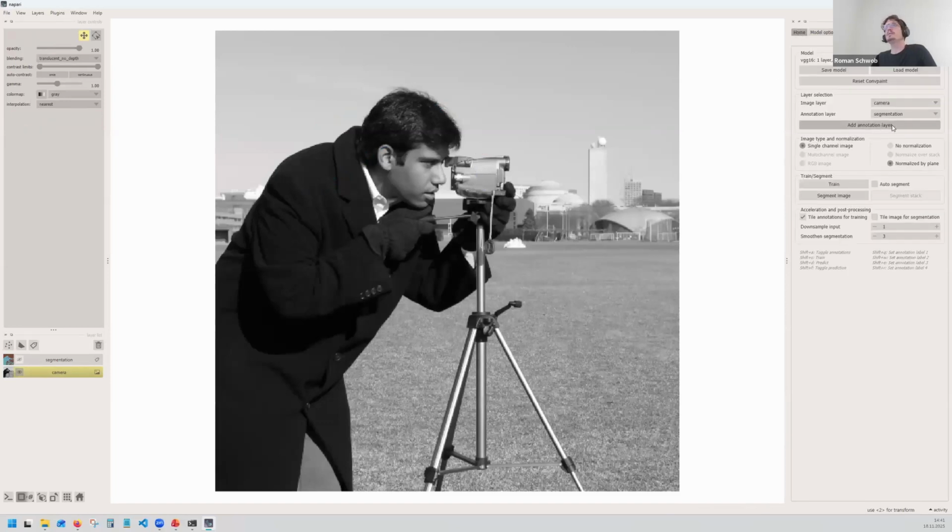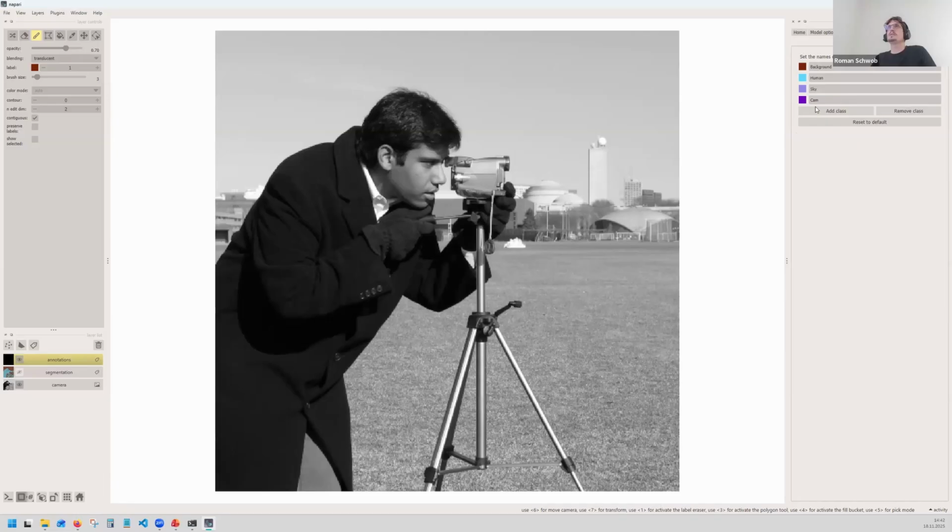As you can see here, I haven't talked yet about this button, because usually when you select an image here, Convpaint automatically adds an annotation layer with the right shape. So you don't have to think about which exact shape it has to be. And you can do that manually in cases like here when you removed the annotation manually as well. So let's start over. I just wanted to point out that the shortcuts are really helpful, because now we can